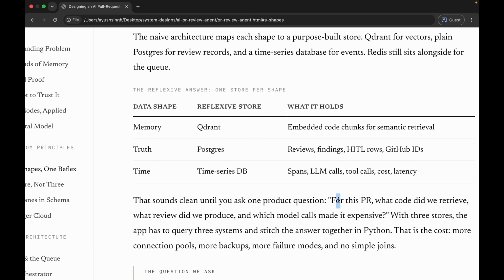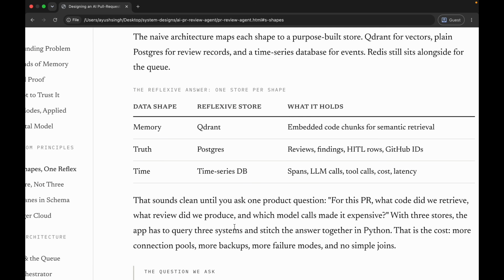So if we want to answer this one particular question for this particular PR, we need to go ahead with three different stores. The app has to query three different systems and then stitch the answer together in Python. Now what does that mean? It depends on your architectural style. But the cost of doing this is the more you introduce,